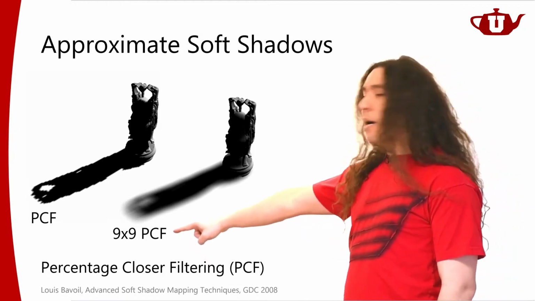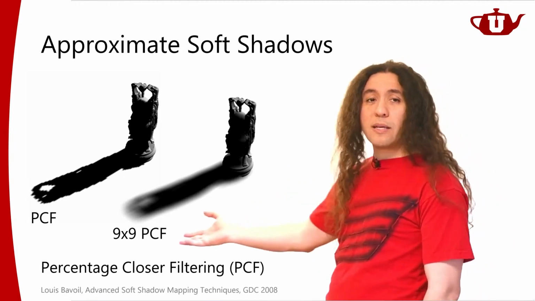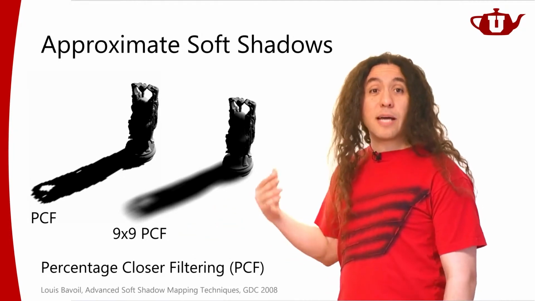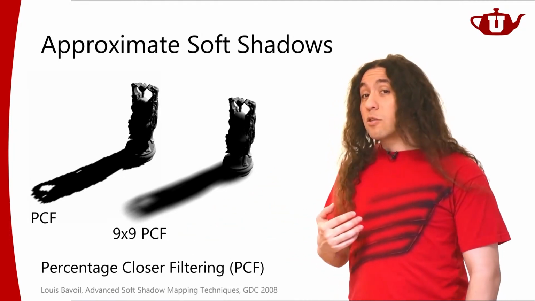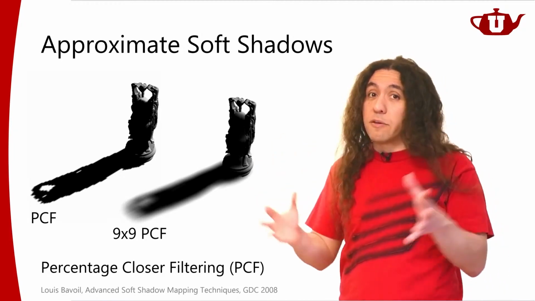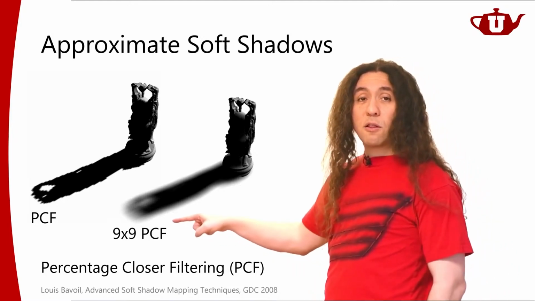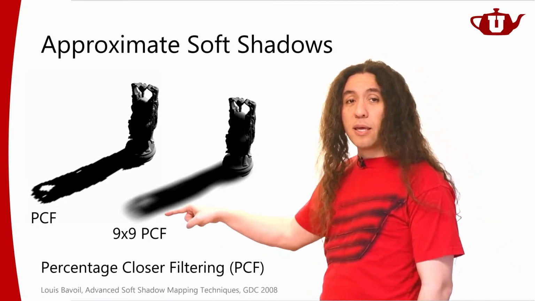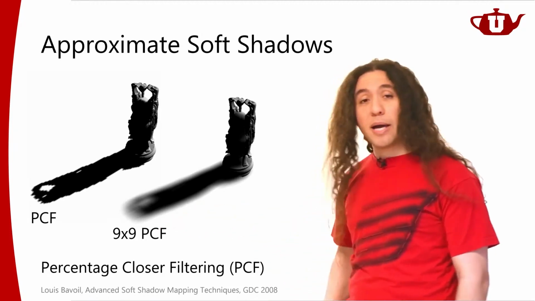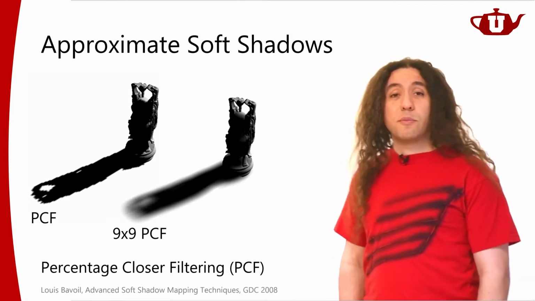And in that 9x9 region, I can compute the shadow values, and then I do a weighted average of those values. And in a 9x9 region, it's going to blur my shadows a little bit, right? Because I'm getting an average of multiple different values. So as I'm getting close to a hard shadow boundary, I'm going to start blurring that because I'm looking at a 9x9 region. All right, so this is the idea of percentage closer filtering.